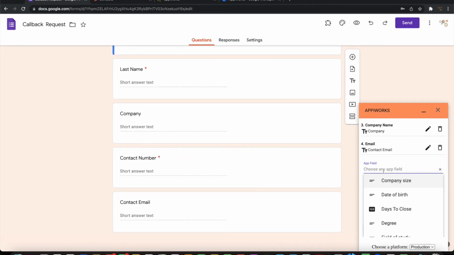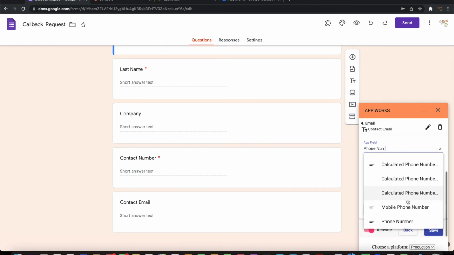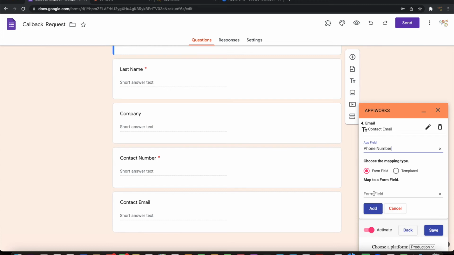The contact number I'll map to phone number. In HubSpot it's called phone number, so I'll map that to contact number in the Google form.